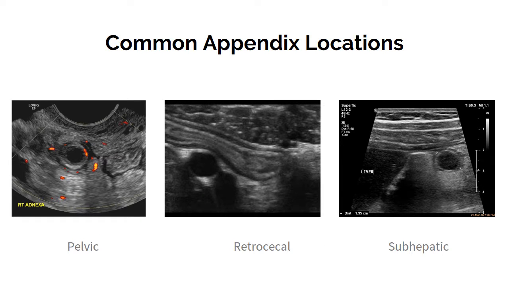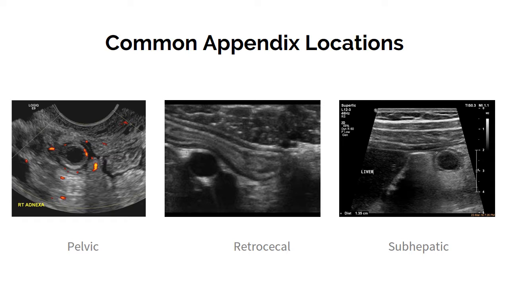The best way to start locating the appendix is to use McBurney's point, which is 1/3 the distance between the umbilicus and the iliac spine. The location of the appendix is most commonly retrocecal, but it can also be seen subcecal, subhepatic, and in the